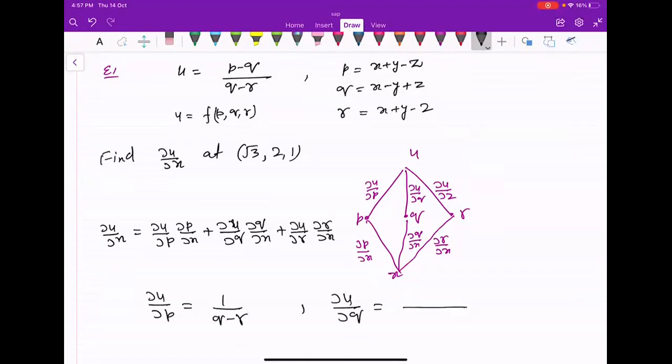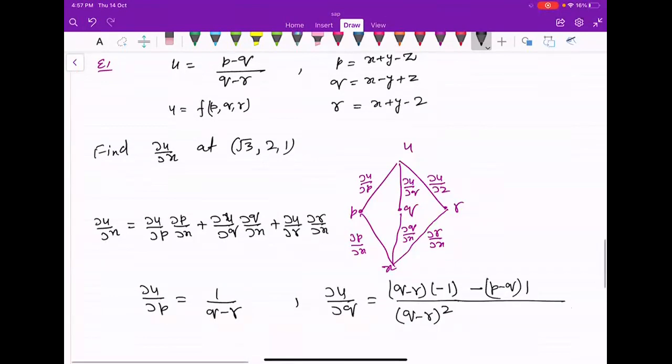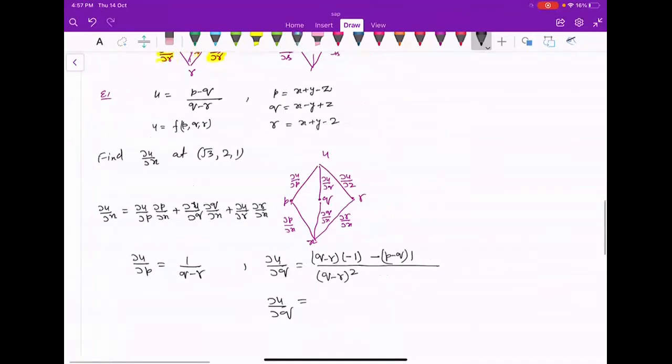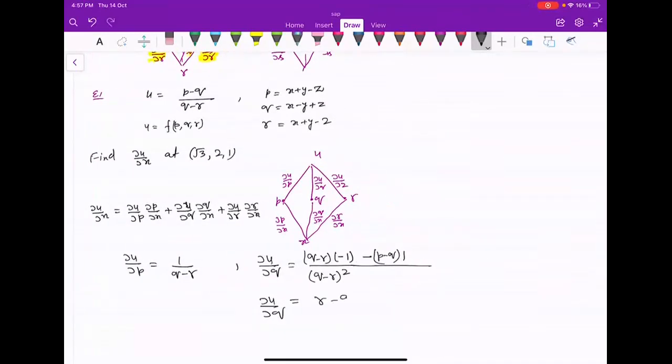So by the division rule, we have q minus r whole square in the denominator, and q minus r times the differentiation of p minus q with respect to q, which is minus 1, minus p minus q times 1. So the value of del u over del q is coming out to be